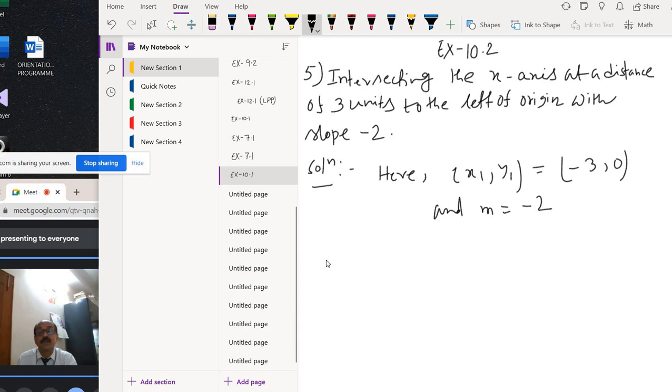Okay, therefore the equation of the line is